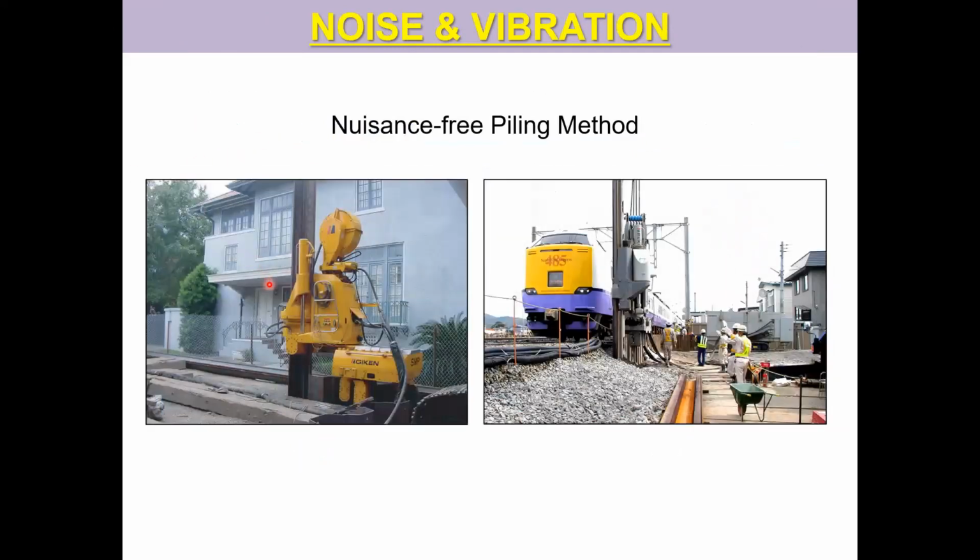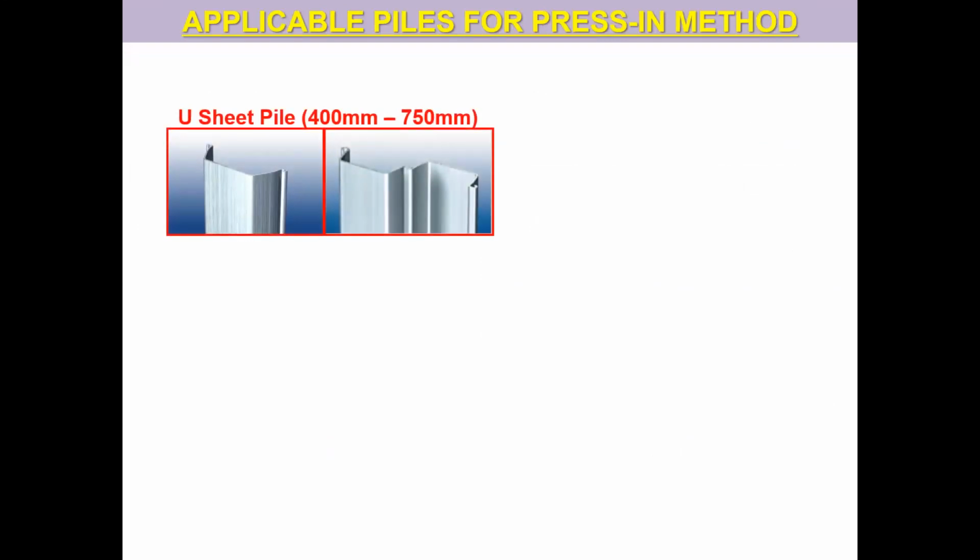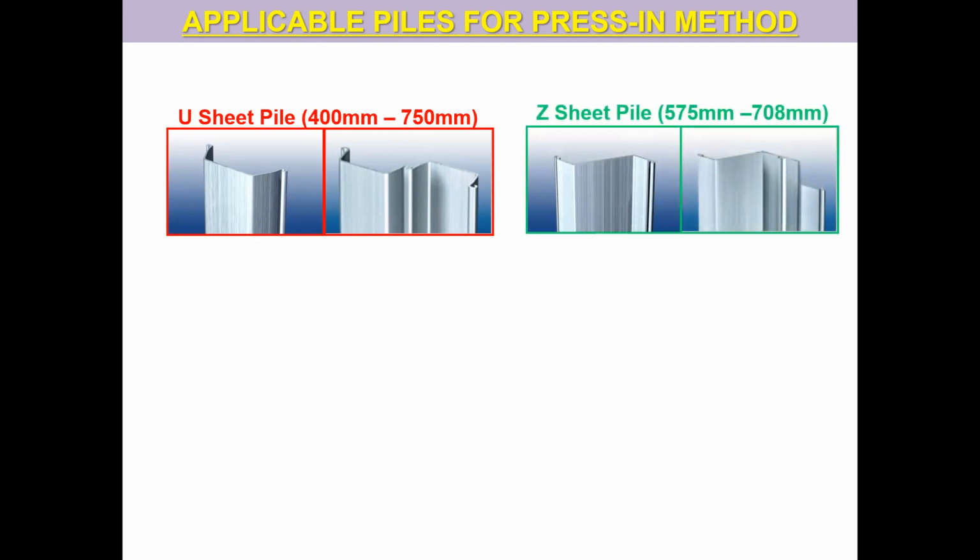So you see some pictures from construction site where these piler machines are in use. You see this sheet pile driving, but not only sheet piles may be driven, but also tubular piles and some other types of the piles, which we will see later. Applicable piles for this method are as presented here. You may see U-shaped sheet piles of these shapes and these dimensions,